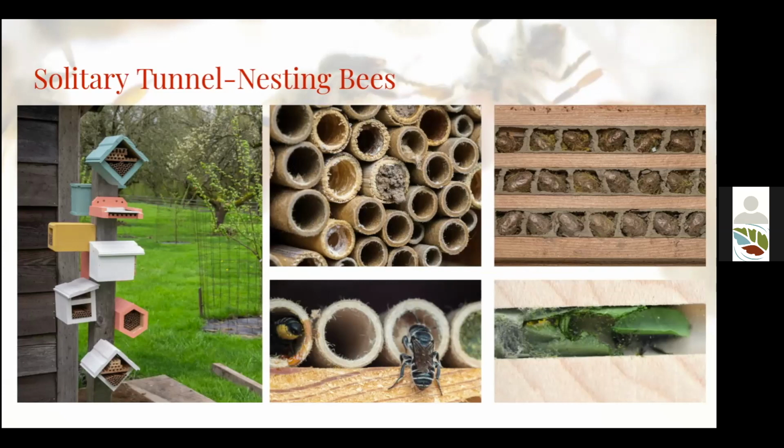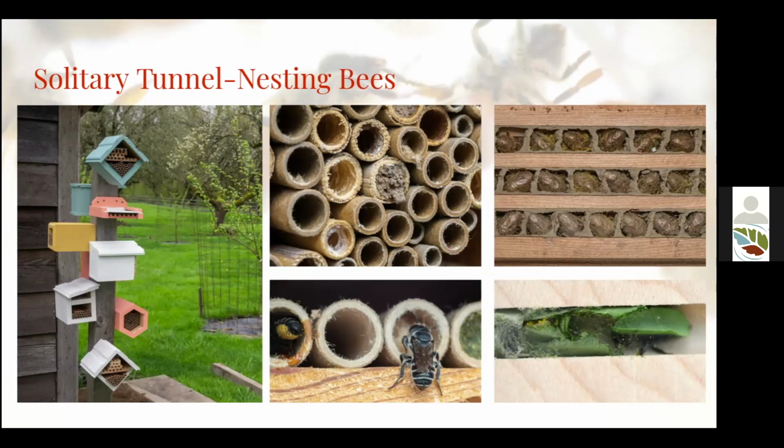And so the main groups of solitary tunnel nesting bees that we have here in the Pacific Northwest are going to be mason bees. And inside of these tunnels, they'll nest in a similar manner to the ones in the ground, but rather than having chambers that come off of a main tunnel, they'll have just that one straight shot down, and then they'll separate each little chamber with a developing baby in it by some kind of nesting material. So with mason bees, that'll be mud. They'll build mud walls like masons.